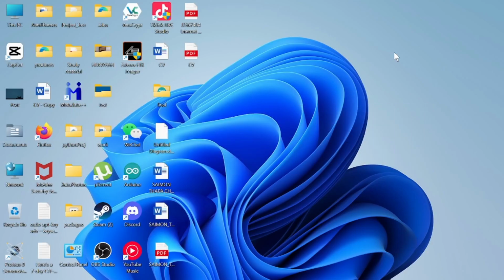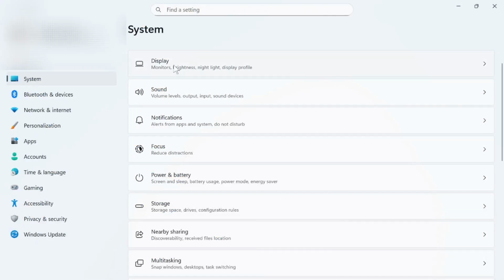In today's video, I'm going to teach you how you can fix internet connection issue on your Windows. So let's get started. First thing is open up your settings. Search for your settings on your search bar and open it up. After you're on your settings, you can then go to your network and internet that is on the left hand side,